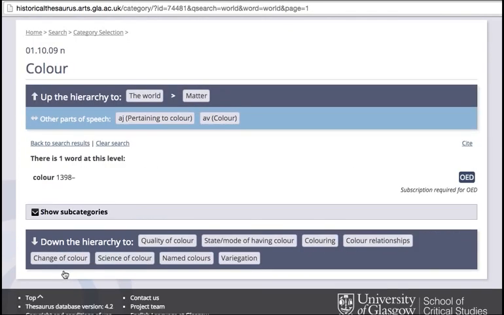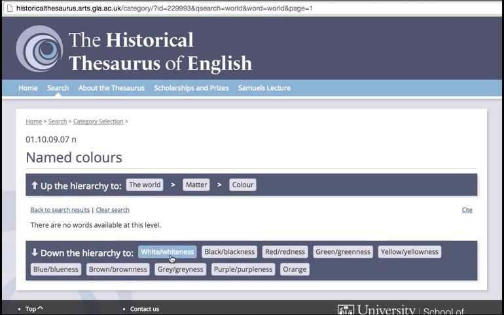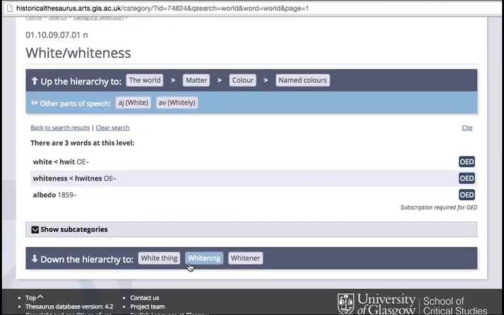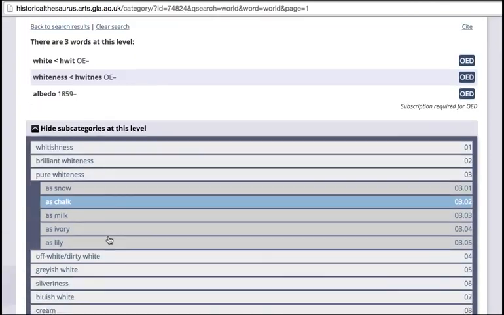And inside color, several categories related to pigmentation and chromatic concepts, including the names of the colors, like white, black, red, etc. We can even explore further subcategories inside the field white and retrieve concepts such as whitishness, brilliant whiteness, silveriness, etc., containing words like